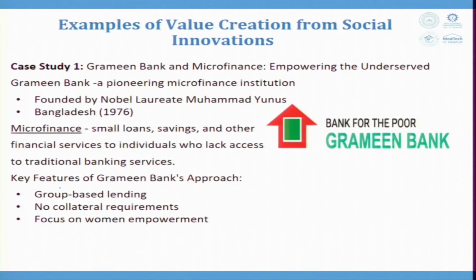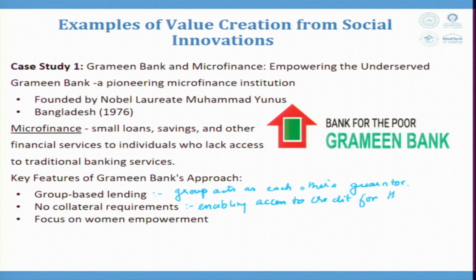to a traditional service. The key features of the Grameen Bank approach is it is group based lending, wherein the group acts as each other's guarantor. Then there is no collateral requirement. Here they are enabling access to credit for those without assets. Then it is especially focused on women groups, because women groups generally their mobility is not very high, and